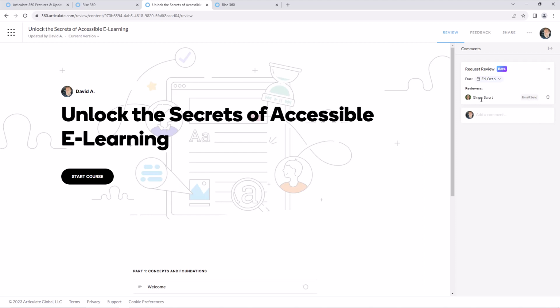When Ginger opens the email and reviews it, I'll see an acknowledgement here. I'll see an updated tag that indicates that she's seen the request. Now, that doesn't mean she's completed it, but it just means that she's viewed the item. So you'd see that item change right there. Once she makes any comments or completes the feedback, then I'd also see that status change right there. And I can continue adding additional reviewers by just clicking that little ellipsis right there.